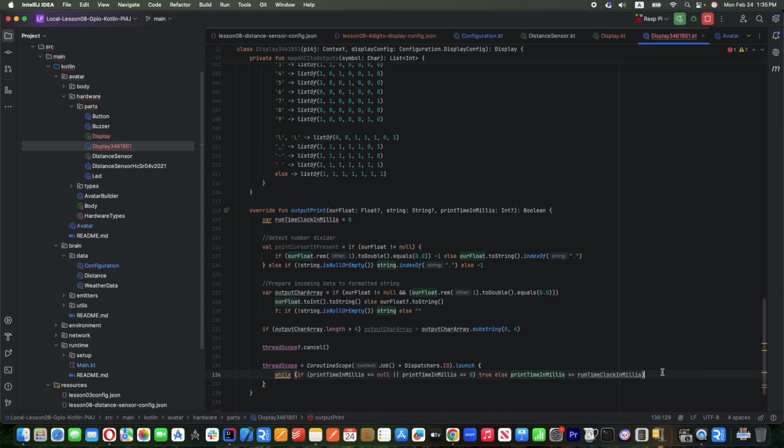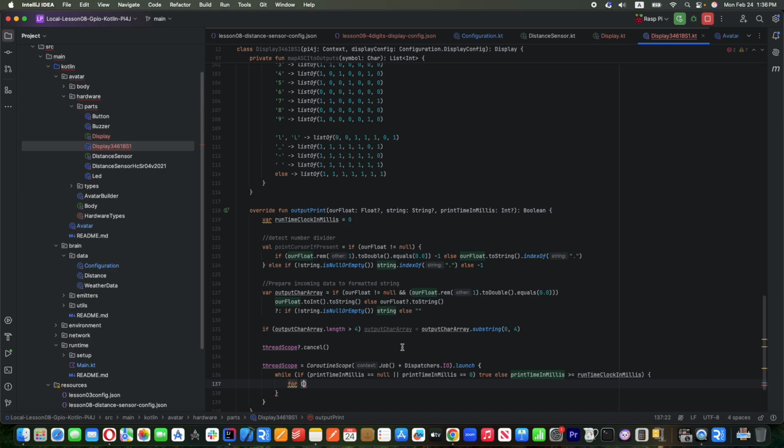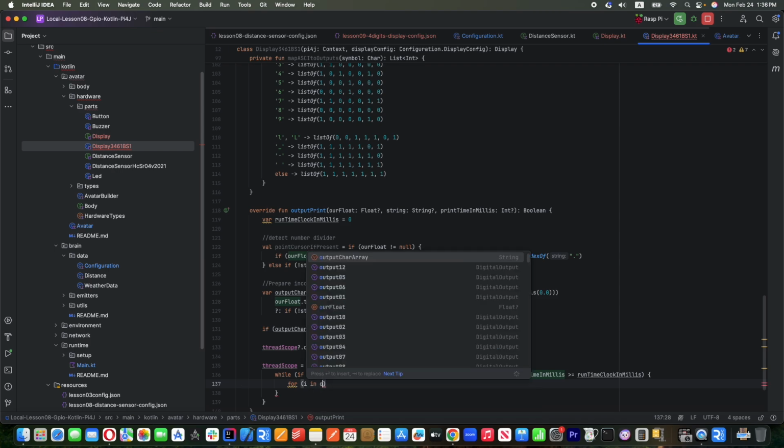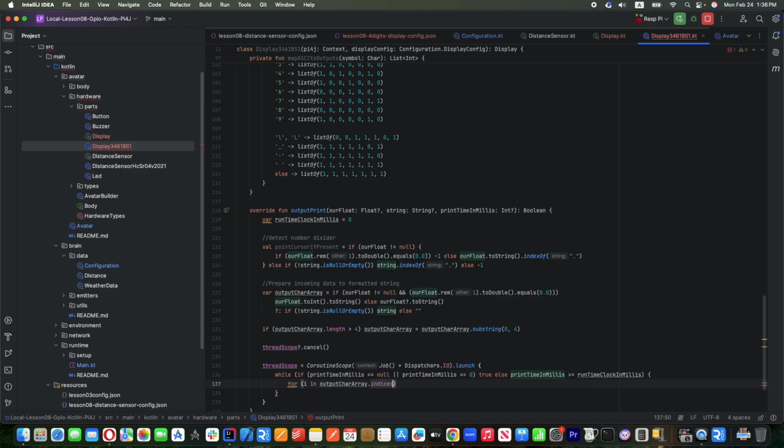Yeah, then we are opening our while loop, and let's print out for each figure. So we have a for cycle for each number. We don't know how many numbers, but we don't care because we already parsed it and prepared all the data. So in output char array, we already prepared it. We have indices, these functions returning index of each existing array in the list. So to print digit,